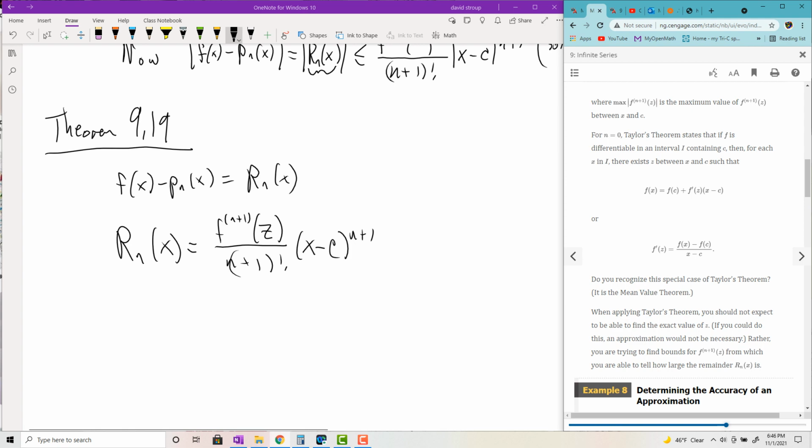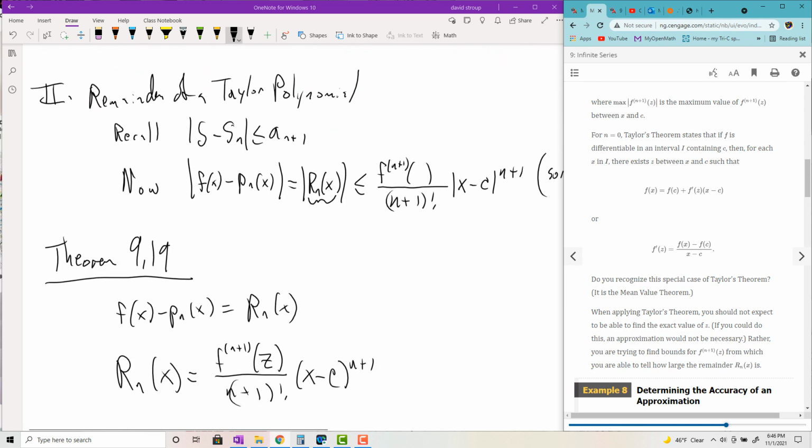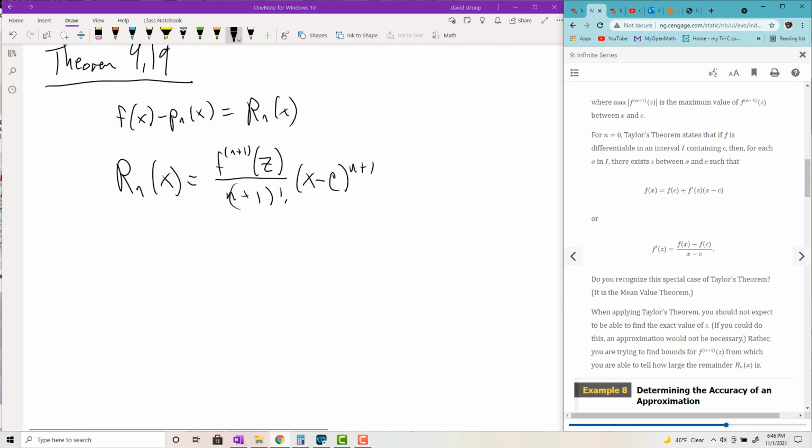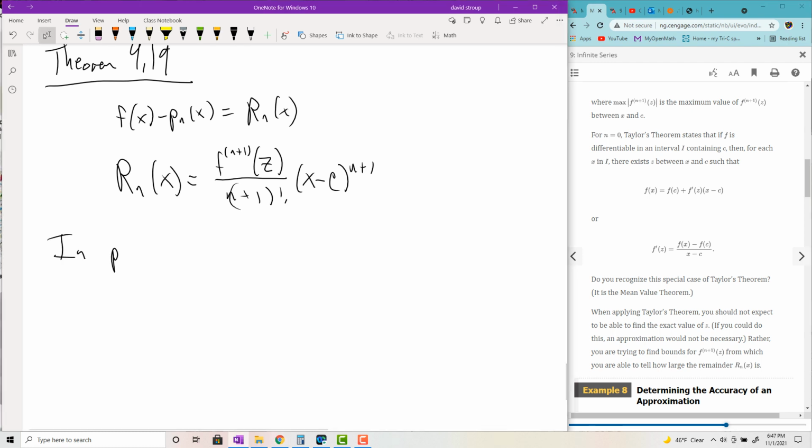So yeah. Okay, so theorem 9.19 says that the difference between the function and the polynomial, you can find it. You can figure out a function to represent that thing. But in practice, we won't work with finding that thing. In practice, what we'll do is just kind of bound the error. So in practice,